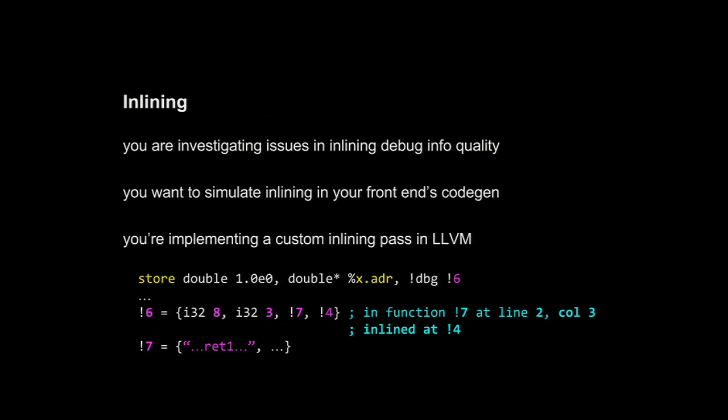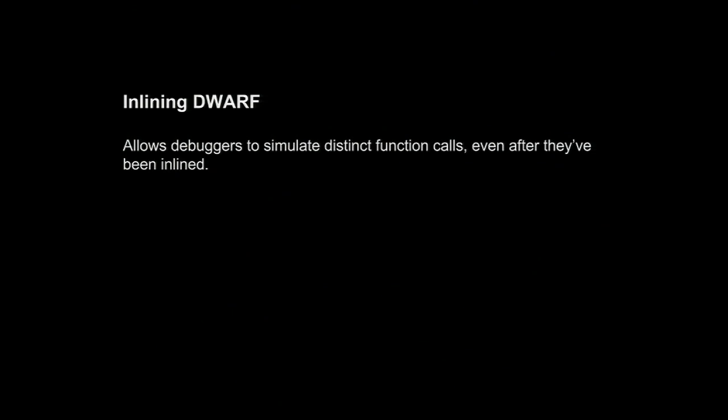So DWARF has the ability to express the fact that these particular instructions in this function actually came from some other function. And so we have to represent that in the LLVM metadata by using that extra fourth flag in the location. Previously, we found that to be null, and now we're actually saying, well, we're really here, but we're here inlined into here. And once we do that, so this is, for example, we inlined the ret1, and so now we just have a direct store. Once we do that,